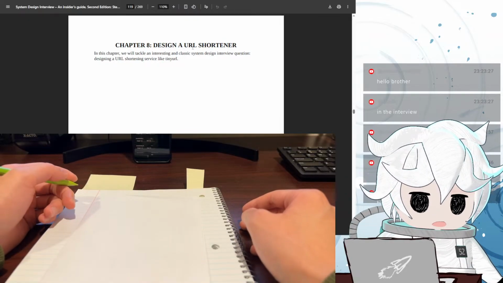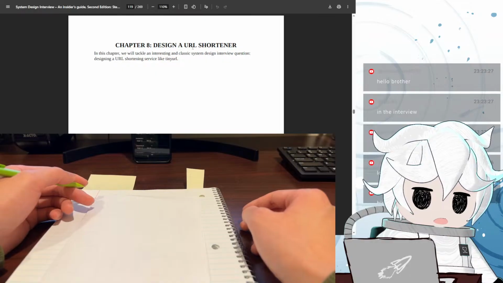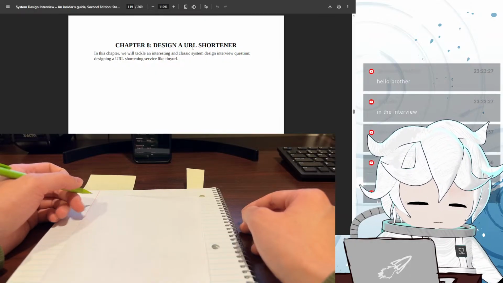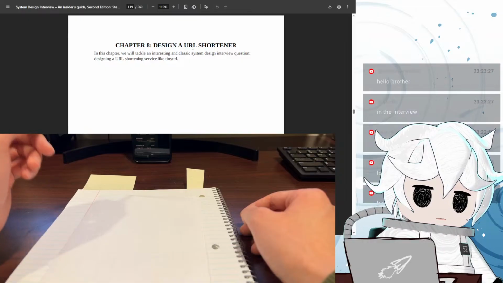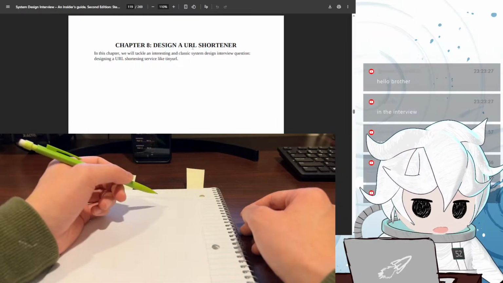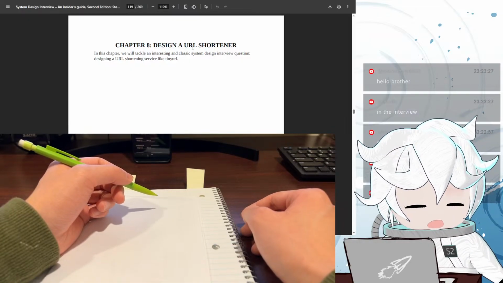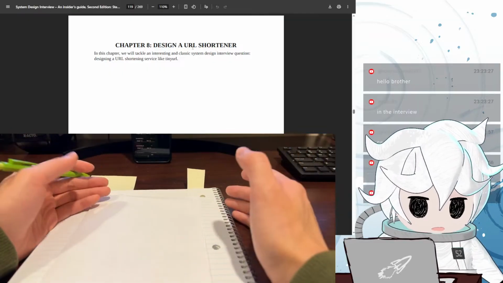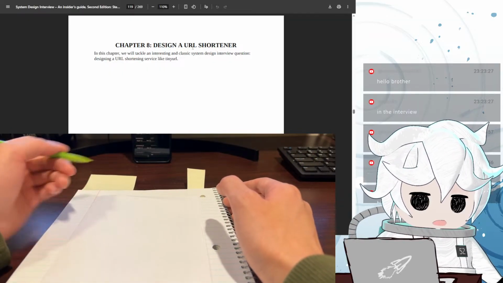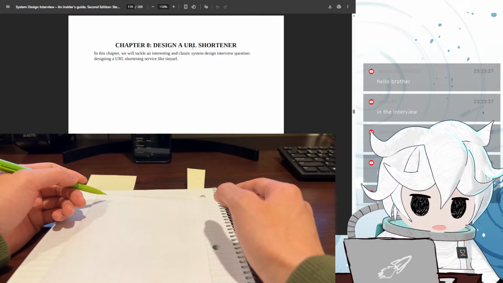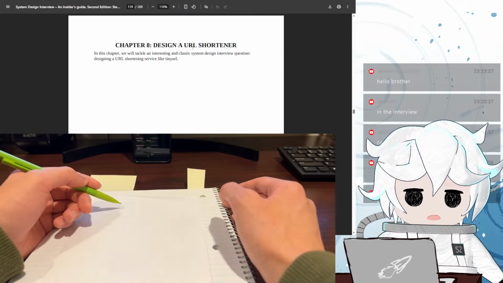We also need a way to somehow map the long URL form to the short URL form. So we probably need some sort of data store for that. We probably need some sort of API to ingest the long URL and then somehow generate a shorter version of that and then store it into our